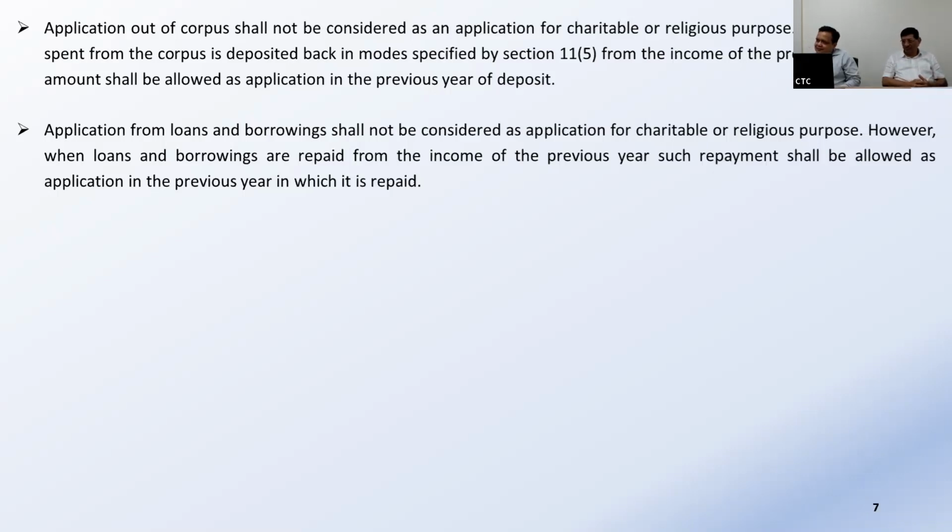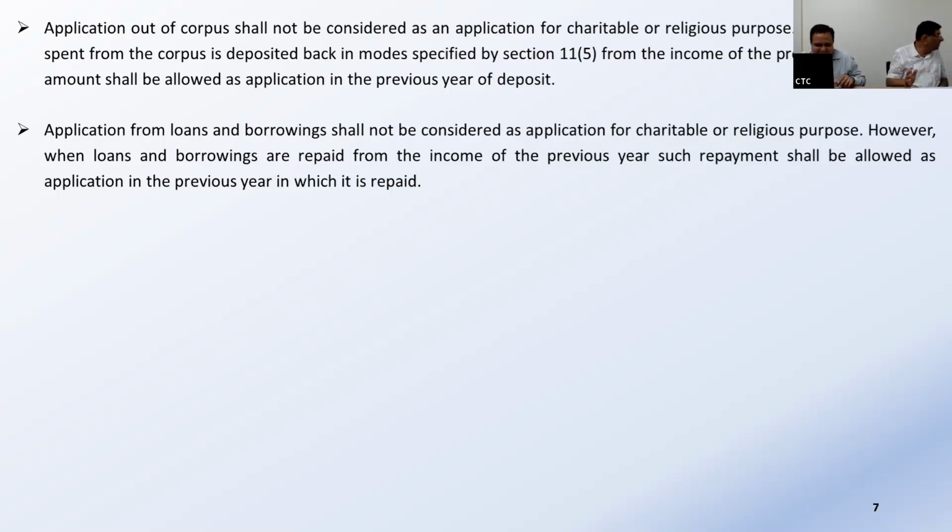And I stand corrected, in 115BBI they have now added 11(3). So you can be taxed at 30%. Separately specified for the asset. So what we were doing earlier is now not allowed from 23-24. Yes. Otherwise, it is covered in 115BBI, 11(3) is covered. So now if you don't utilize it, you have to pay 30% tax. And 115BBI supersedes all the other sections. Yes, it is clearly mentioned.